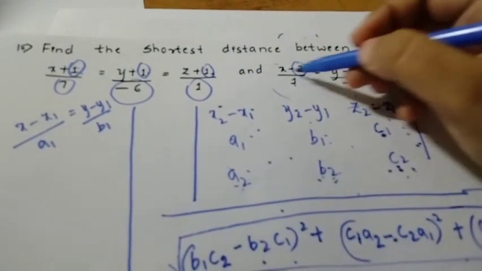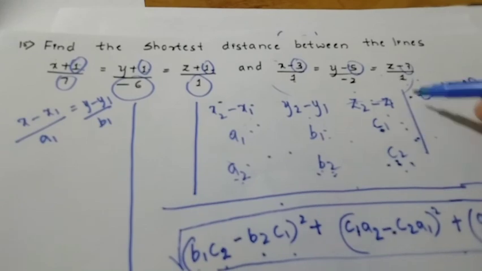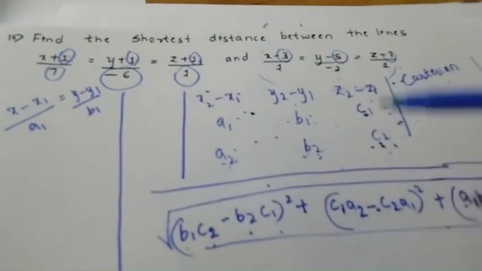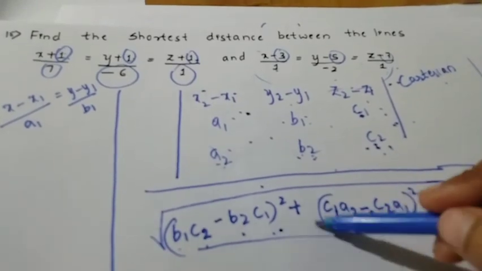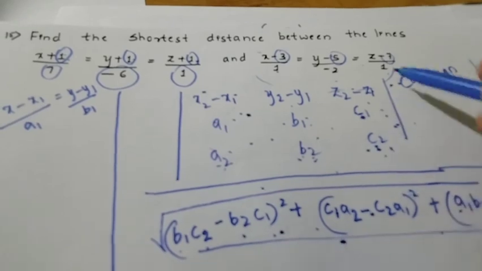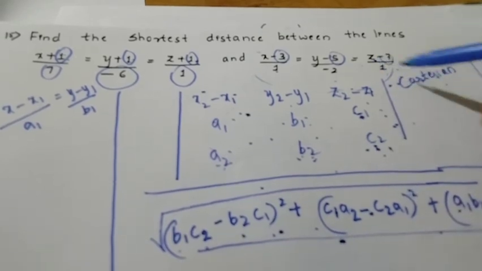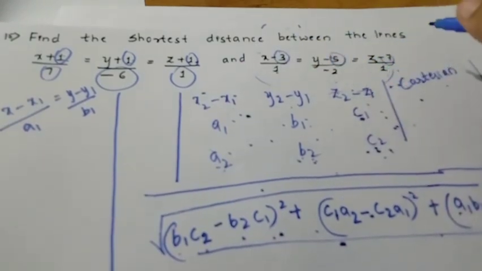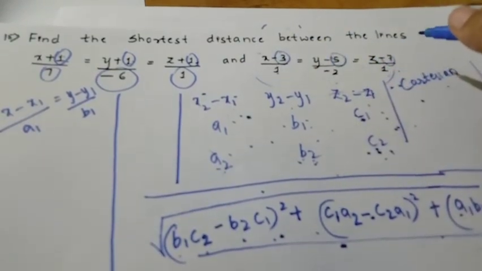Substitute in this. First solve the numerator part. First solve the numerator using the determinant method. You will get one value. Then the denominator you have to solve. You will get one value. Then divide numerator by the denominator. So that will be what? Cartesian form. Even if given in Cartesian form you can find the distance. 16th and 17th examples are also solved in a similar way.